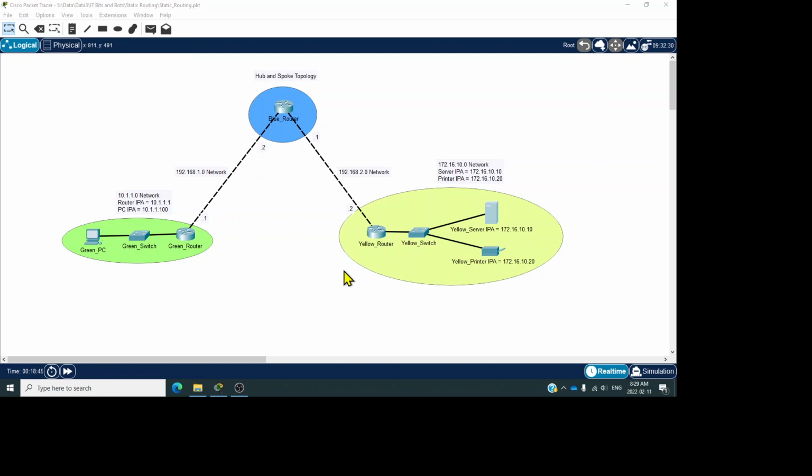So in this kind of networking, as we can see in our network diagram, there is this green area, and again blue area and yellow area. Now this one is directly connected to this router, right? And again the blue router is connected with the yellow router. When we try to connect with